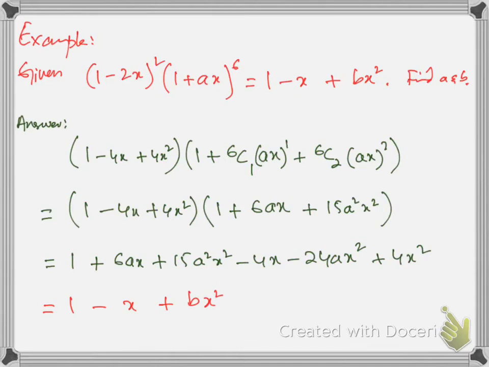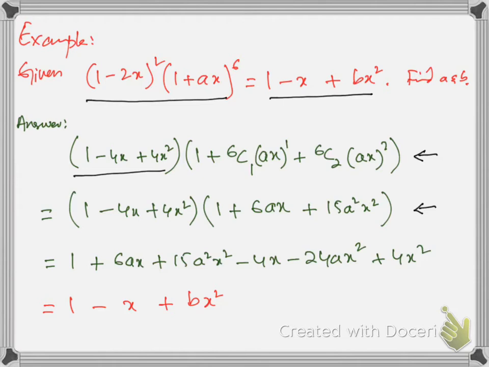Now example, we have two expansions on left hand side and this is the expanded form, and the question is find A and B. So according to those steps, we will first expand both the expansions of left side. So this is the answer of the first expansion, whereas this is the answer of the second expansion. Now get the simplified form of both the expansions before the multiplication.